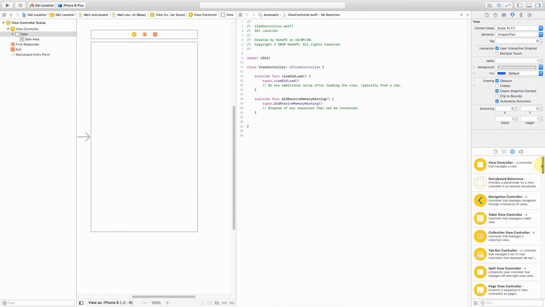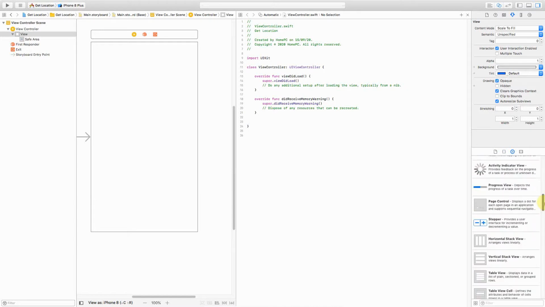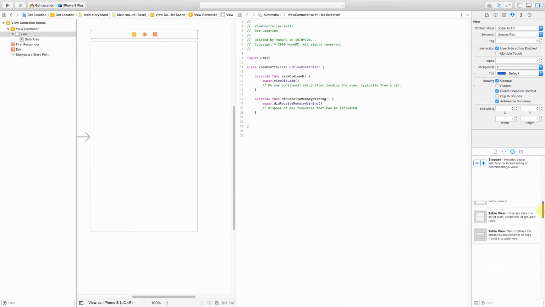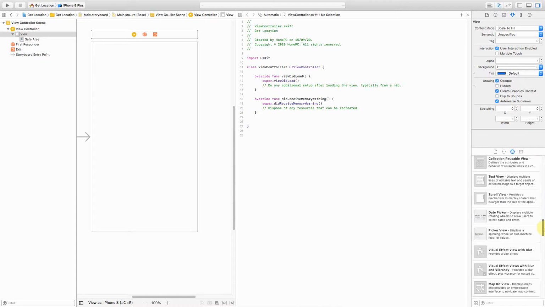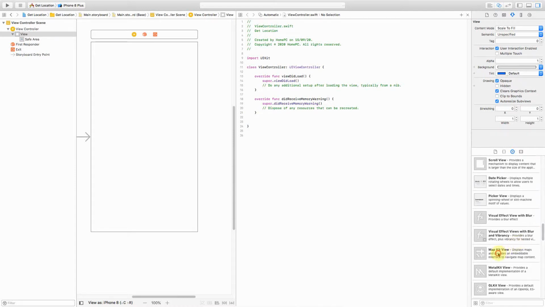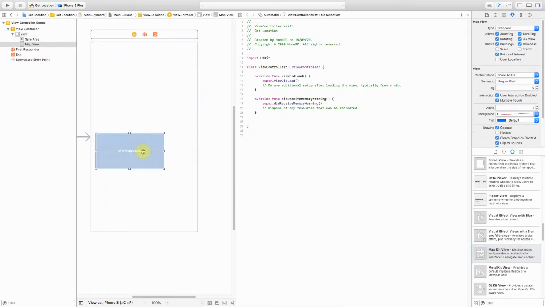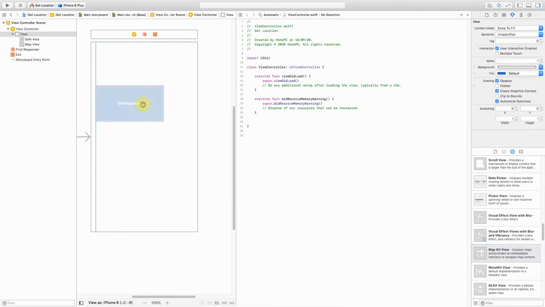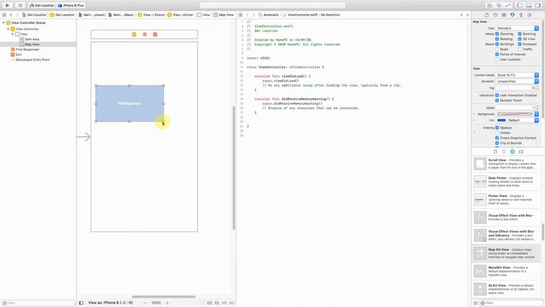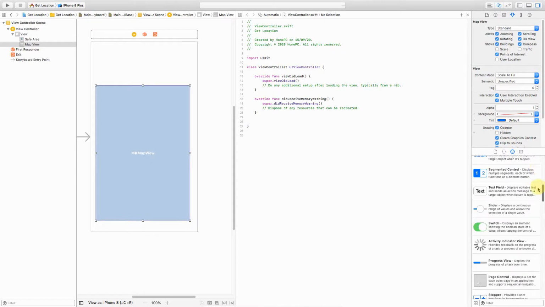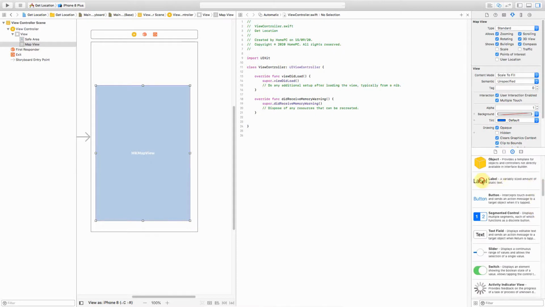So map, we can just scroll down and you should get the map library or the widget somewhere down below. I think I got it, Map Kit View. Just drag and drop. Okay, so this we will use to display our location in the map format. If I expand it to make it a little bit bigger, you can size it as per your wish. You can make it full screen as well, but I also want to add a label on this same UI, so that's why I have kept it separate.